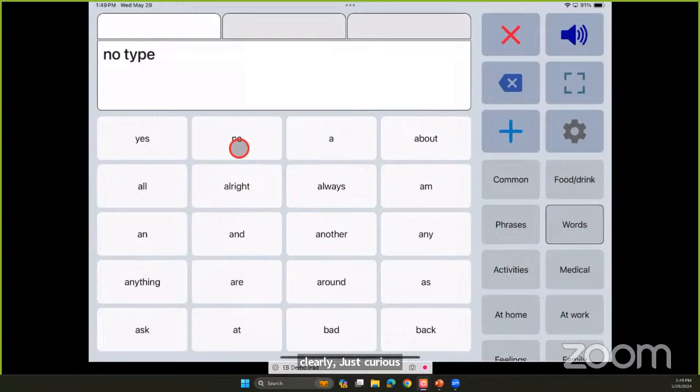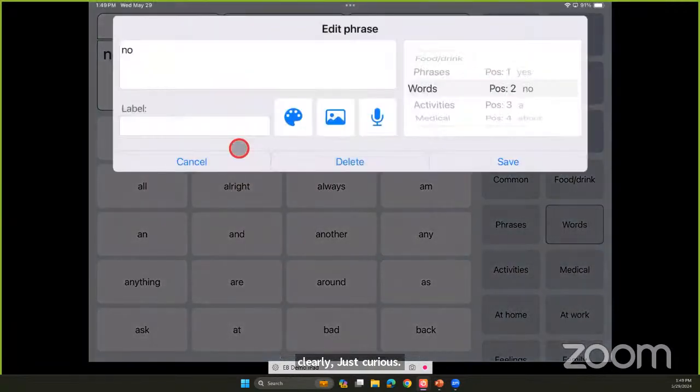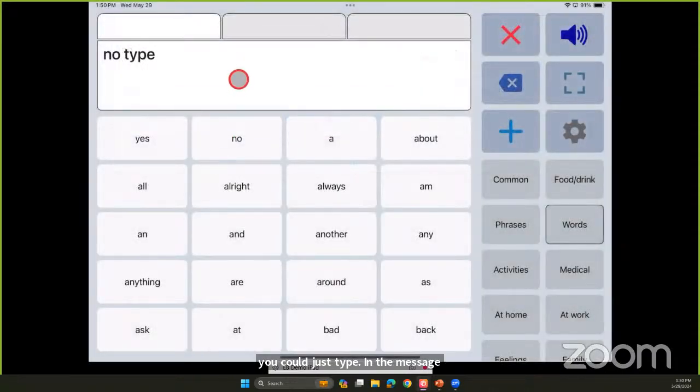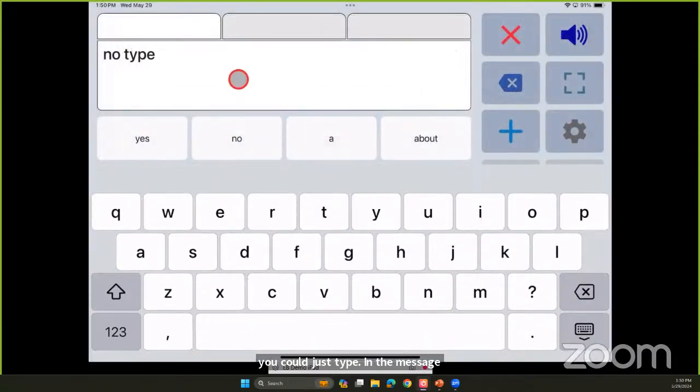You could go in here if I long press on a word and edit. My thought process here was that if there was one where you could just type in the message window, like in Proloquo for Text, where I can type here and turn off all of the speak words and speak characters, this app would only speak unless I tap the speak button.